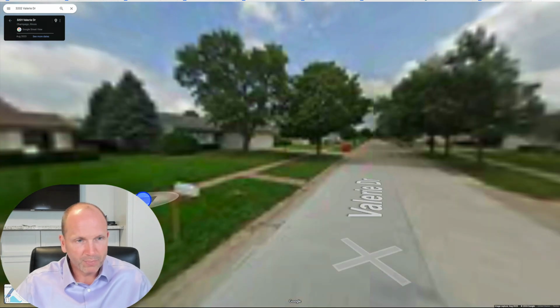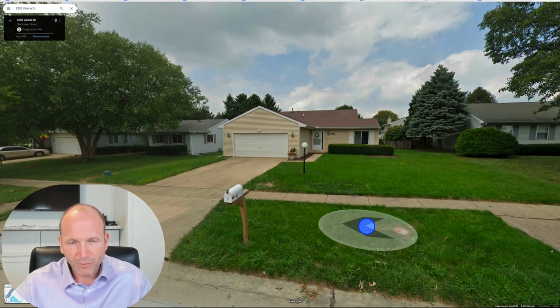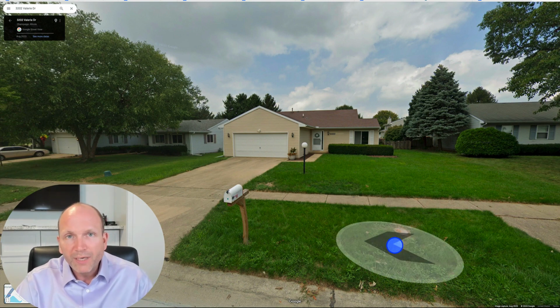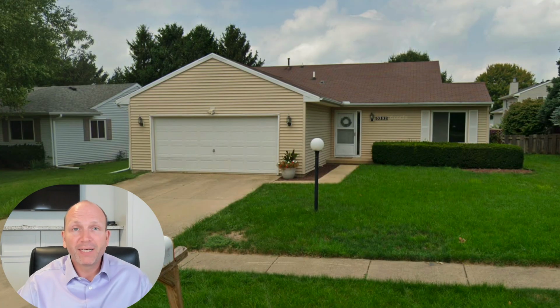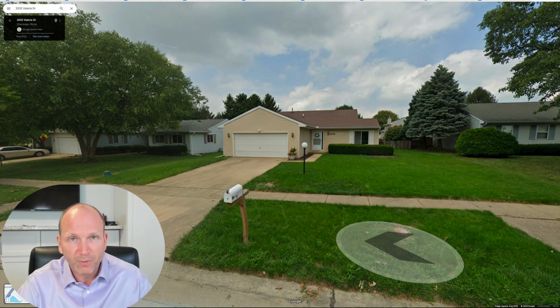All right, so this property was on Valerie Drive, and I helped an investor buy this property right here. This property sold for $169,100. Wasn't in bad condition. It really could have been rented right away. However, a coat of paint wouldn't have hurt it. So this investor actually just put a coat of paint on the inside and it was ready to go. And he rented this thing and had tons of people ready to rent it right away for, I believe it was